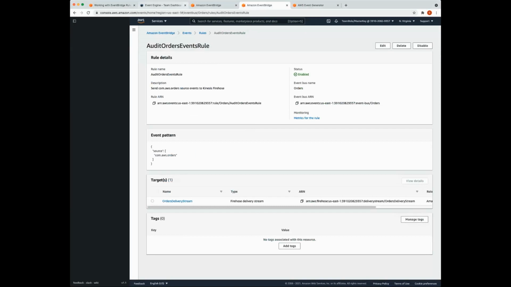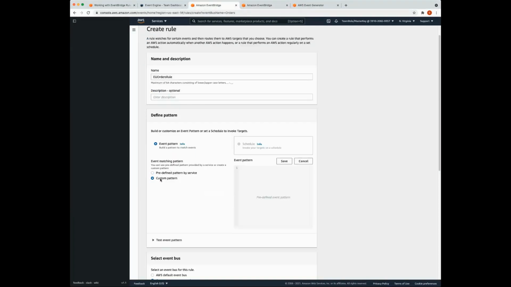So we're going to head back here to EventBridge. I'm going to use a custom pattern. So we need to look closely at this pattern that we're putting here. I'm using the previous pattern that we used for the last challenge as a template. What we want to do is ensure that the location matches EU West. Let's try EU West.